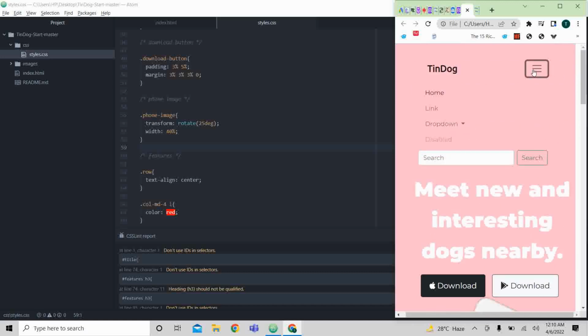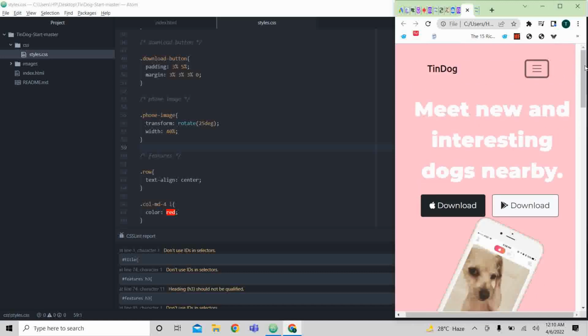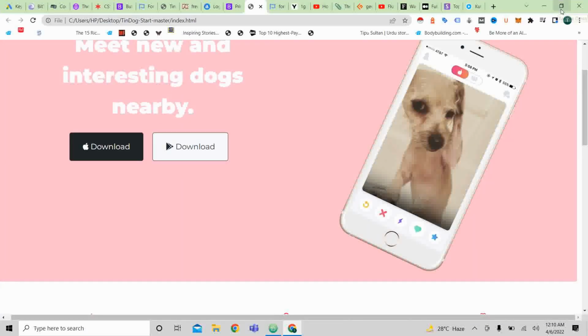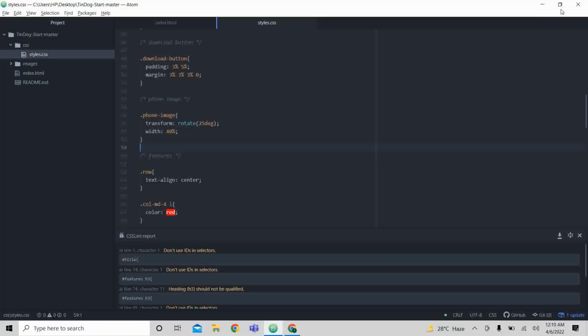So you see it is working in a very nice manner. The only thing that I want to add is, this image must be changed into a straight mobile image when the size reduces to a smaller screen. So how can we do this? The concept that we will be using is media query,